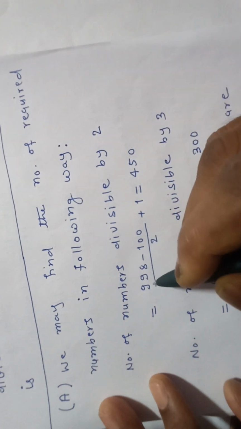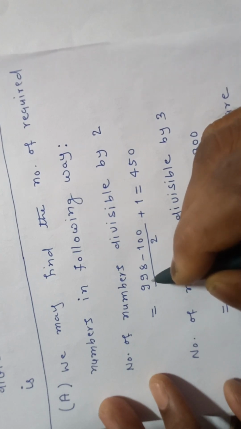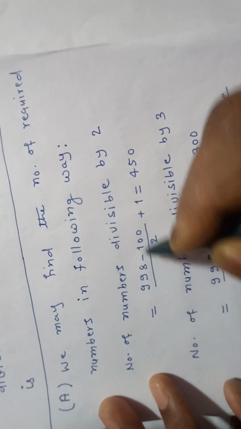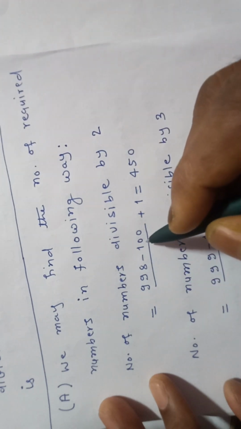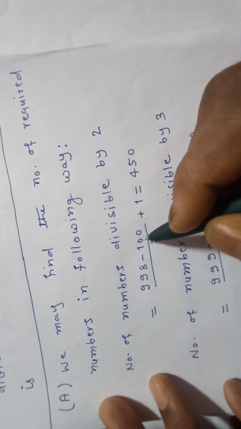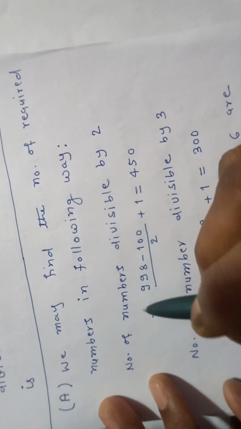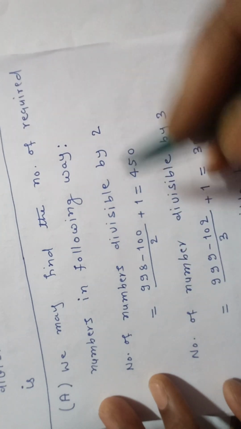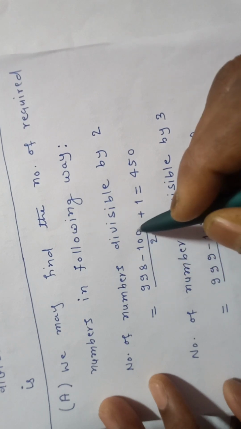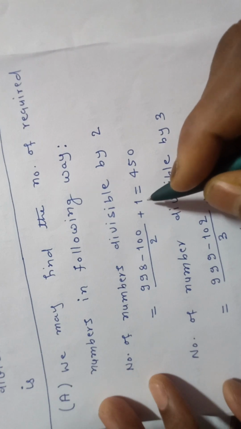The largest 3-digit number divisible by 2 will be 998, and the lowest 3-digit number divisible by 2 will be 100. So, the number of numbers divisible by 2 will be (998 minus 100) divided by 2 plus 1,